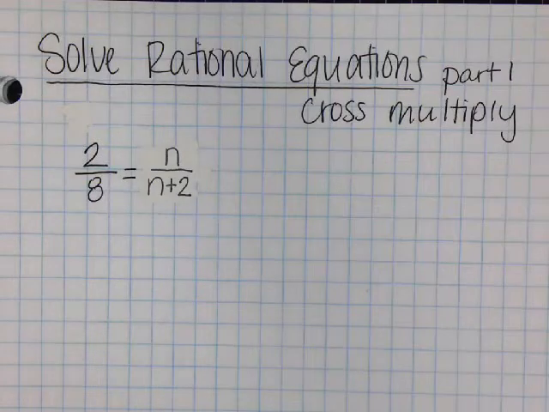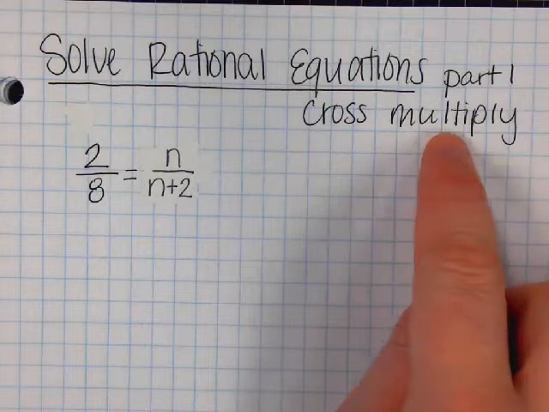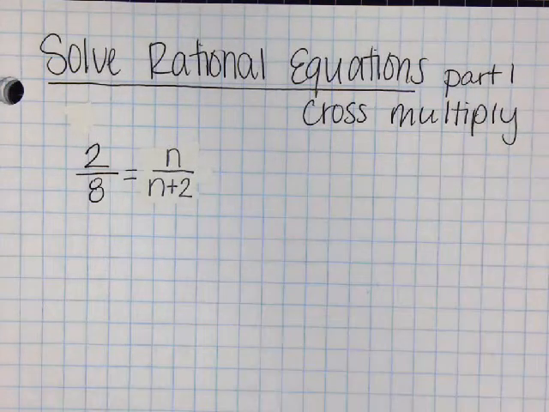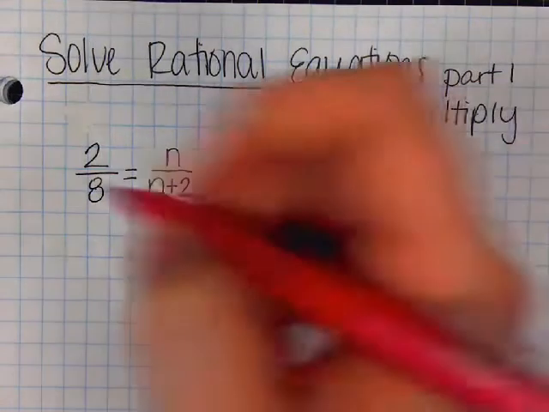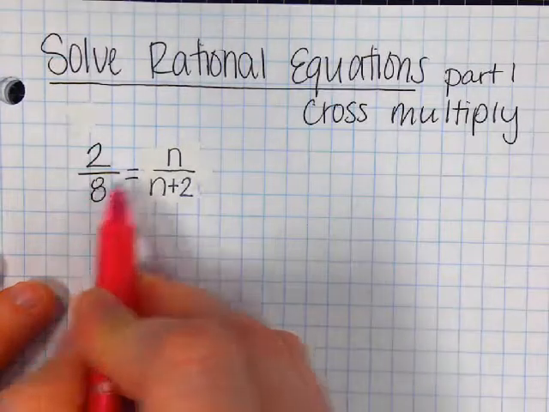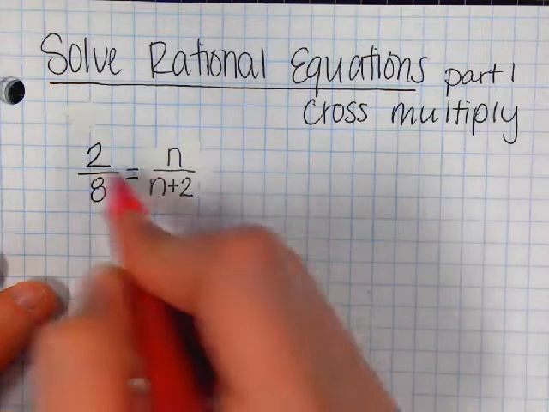Solving rational equations. So today we're just going to do the simple ones where you just have to cross multiply. Tomorrow we're going to have to do another step before you can cross multiply, but this is today's. So since we have 2 over 8 equals n divided by n plus 2, this is a proportion, or these